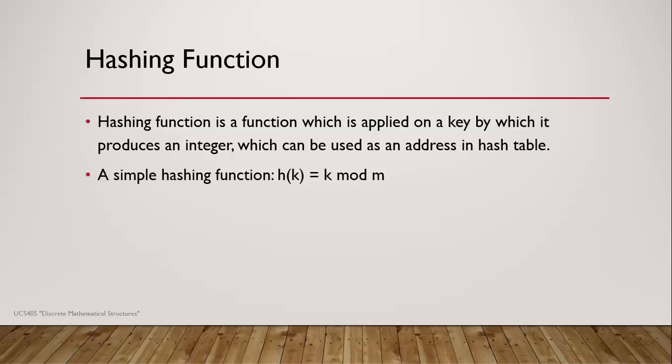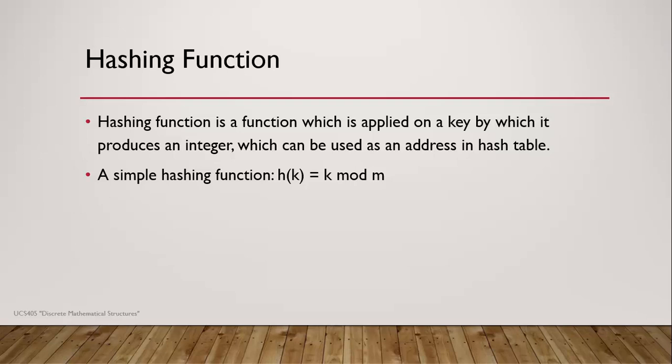Your first approach will be to apply the linear search algorithm, and your complexity will be O(n), where n is the input size. Next, the second case can be that you assume the elements are arranged in ascending order and then apply the binary search algorithm, and your complexity will be reduced to O(log n). The last case can be that you apply a magic function such that the complexity of searching is reduced to O(1), that is, constant time complexity. Then that magic function is known as a hashing function.